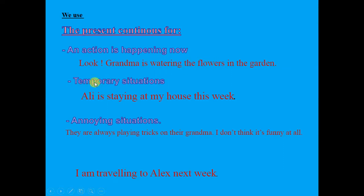We also use the present continuous for temporary situations. Temporary means that it's not all the time. Ali is staying at my house this week. This week only he will stay with us. He is staying at my house, but not all the time. We said this is the difference between the present simple and the present continuous. Present continuous for temporary situations and present simple for